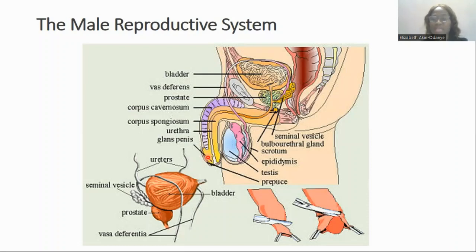In humans, the glans is covered by the foreskin, called the prepuce. For most men these days, the prepuce is already removed during circumcision, mostly for cultural and religious reasons rather than medical reasons. However, males who have not been circumcised